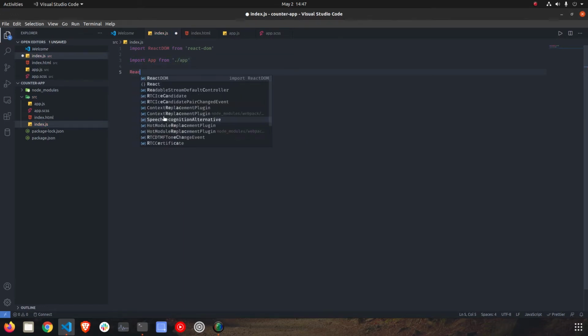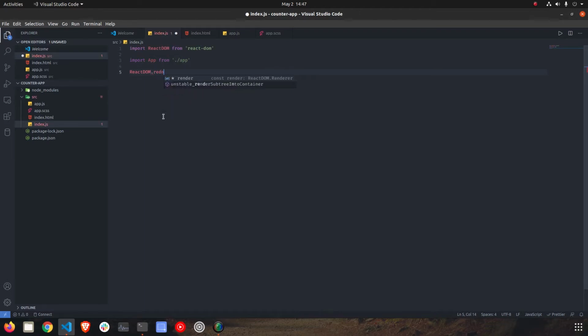And ReactDOM.render our App, and document.getElementById. This is basically what we see in create-react-app. Okay, so now once this is done,